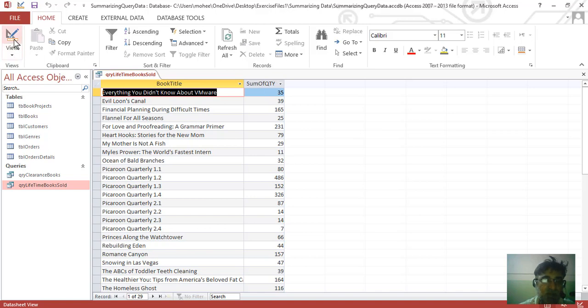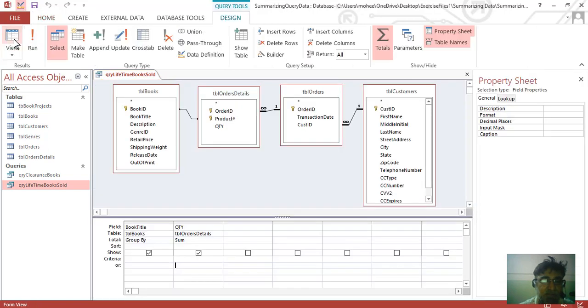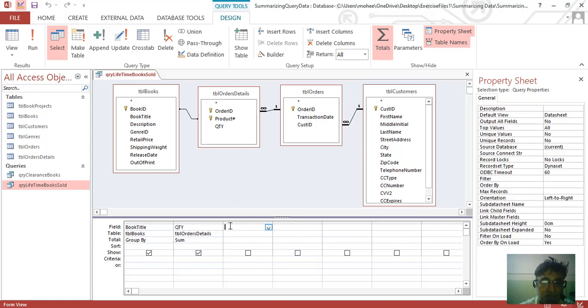Let's move back to the design view. And as we can see, there are many ways.